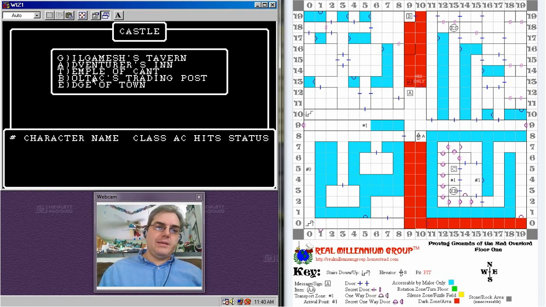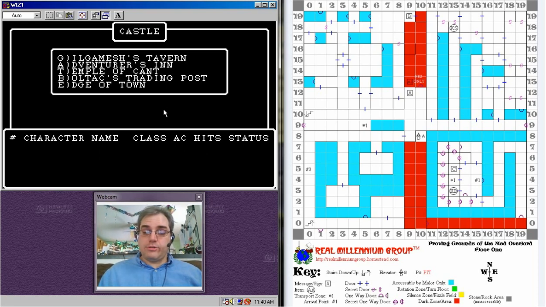Temple of Cant is a healing temple. So if you end up having a character die in the dungeon, you can bring that character back and have the monks at the temple attempt to resurrect that character. But they are not always successful. Sometimes the character then turns to ashes, and that character and all the loot on him is lost forever, which is one of the things that Wizardry Online sort of takes to that. It's the hardcore where if your character died, it's dead, it's gone. With the Temple of Cant, the same thing. The character can be lost,